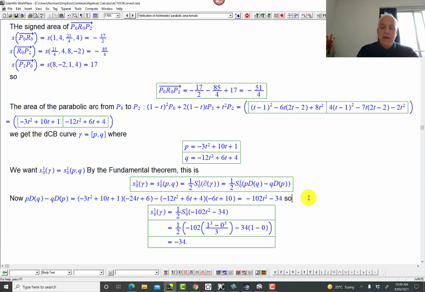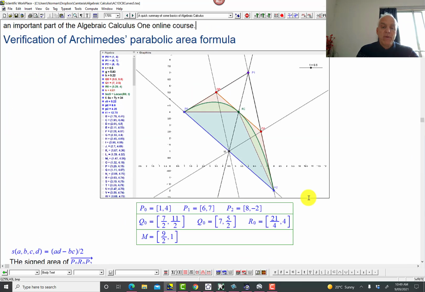Let's go back to the diagram and see what that geometrically is. What have we actually calculated here? There's the origin there, and we have this curve. What is the meaning of this signed area of such a curve from t equals 0 to t equals 1? Well, it's the exact analog of what we got for a spline. It's the area subtended at the point 0 of this curve. So if we drew a line from P0 to the origin, and another line from the origin to here, then it's this bigger area that we're getting.